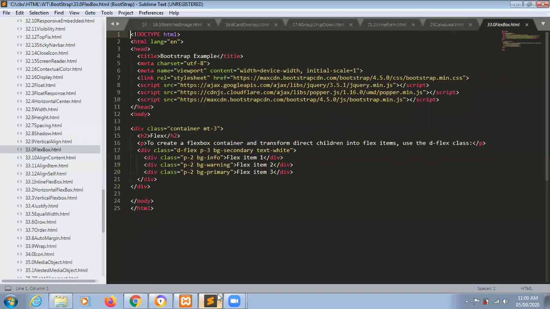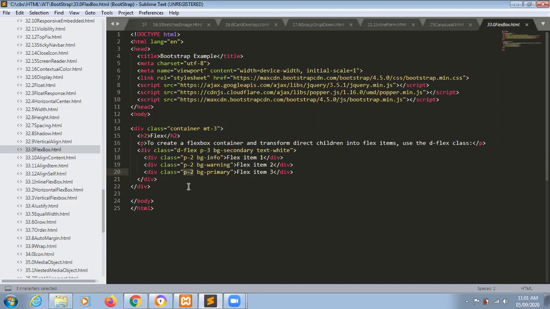On coding, just like, madam, this is the info, warning, and primary, 3 colors are there, madam. B flex P3. Now, why, madam? What is the meaning of P2, P3, madam, here? Madam, this is the P2, giving class P2 BG. P2 meaning, P is padding, padding 2 spacing. You know padding? Yes, madam. Margin and padding.